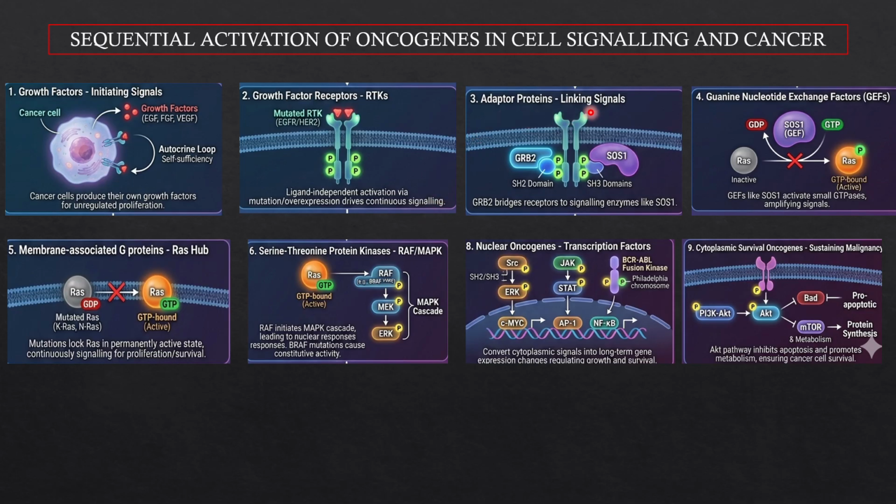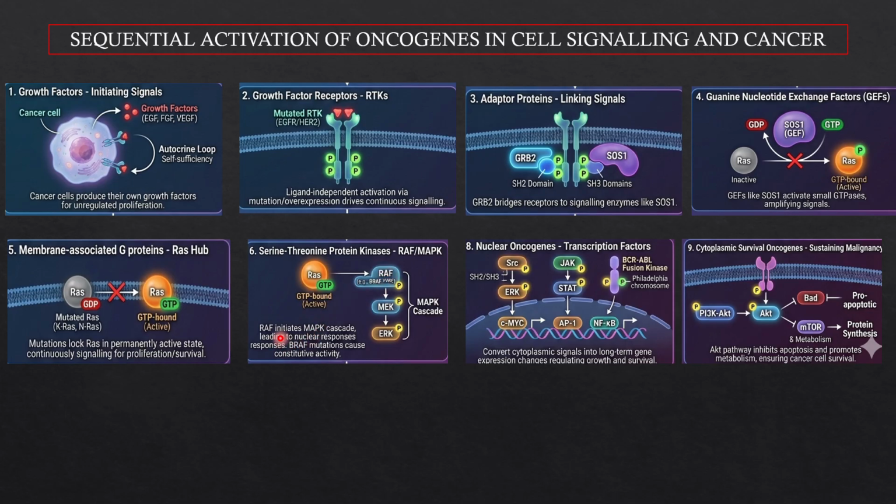Then come the adapter proteins, which link the signaling. Basically, GRB2 bridges the receptors to signal enzymes like SOS1. The guanine nucleotide exchange factors, or GEFs, like SOS1, activate the small GTPases, amplifying the signals. There are the membrane-associated G proteins, also the RAS hub. These are the mutations that lock RAS in a permanently active state, continuously signaling for proliferation and survival. Then there comes RAF or MAP kinase, which are the serine-threonine protein kinases, like MAPK pathway kinases,